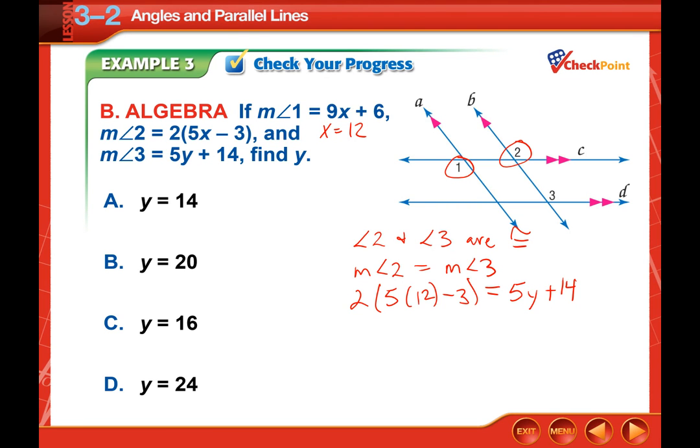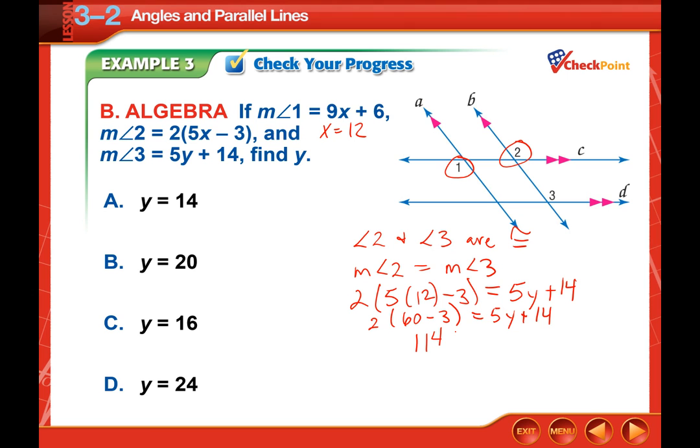Okay, so now we will multiply, then distribute. So let's go 2 times 60 minus 3 is equal to 5y plus 14. 2 times 57,